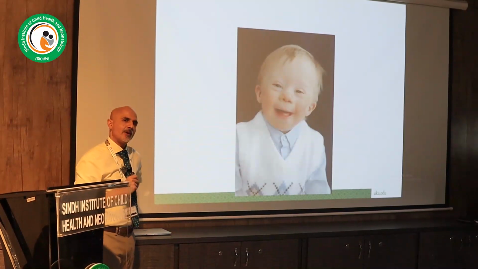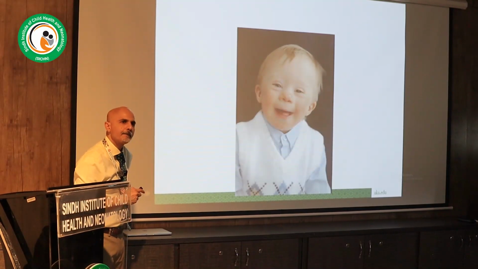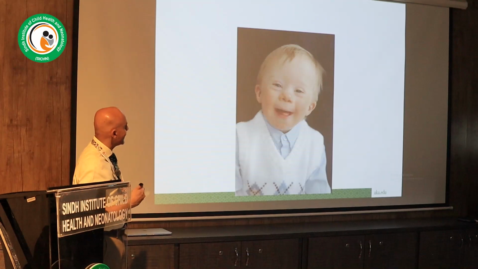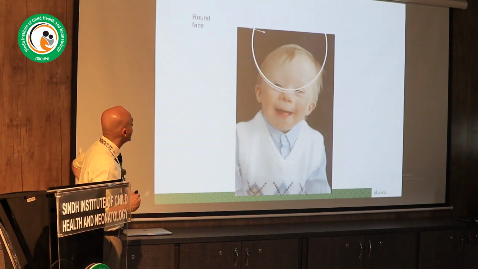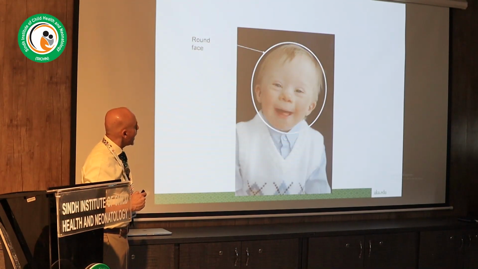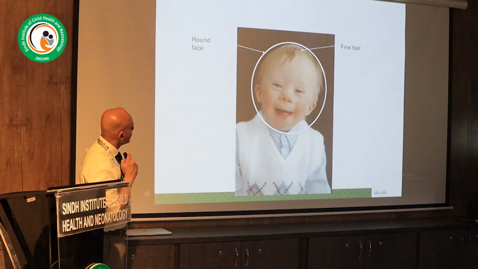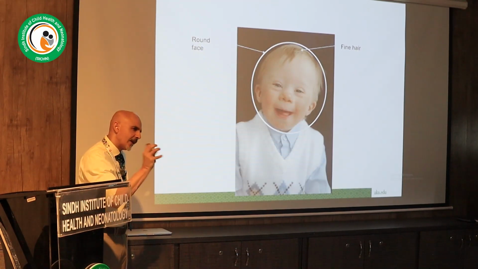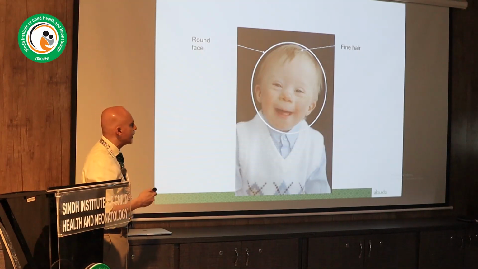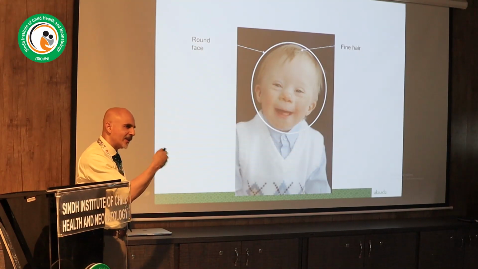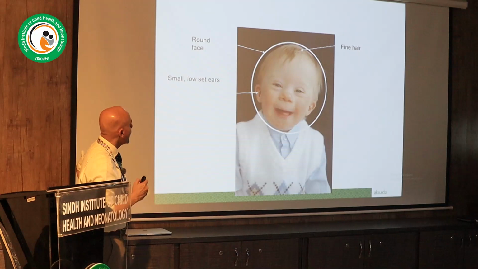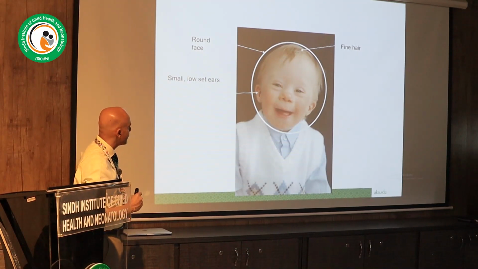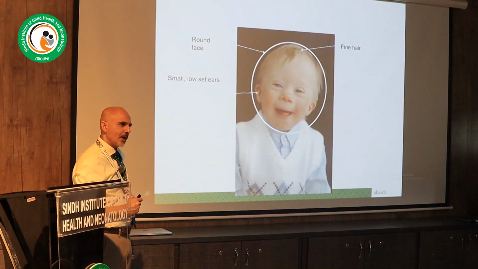Okay, what would you say about the shape of the face? Roundish, right? Yeah, you do get that sense that it's a bit of a round appearance. Okay? That came up. Now let's go to see that fine hair that again comes, it's a subtle feature, may not be present in everyone, but kind of goes a little bit. If you're looking for it, then you start putting the clues together. All right, do you see smaller ears, low set ears, right? Kind of comes up that way. What about the eyes? What do you guys see in the eyes?